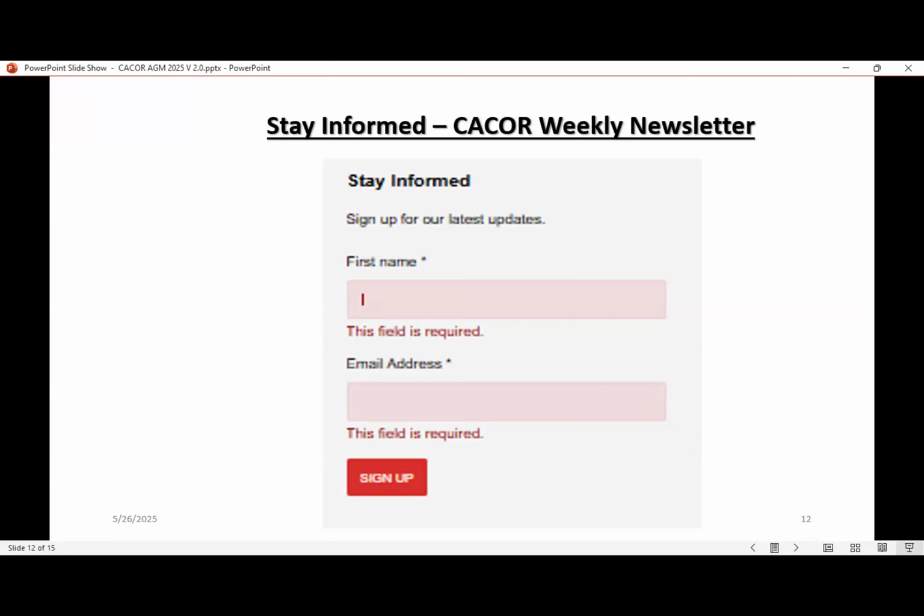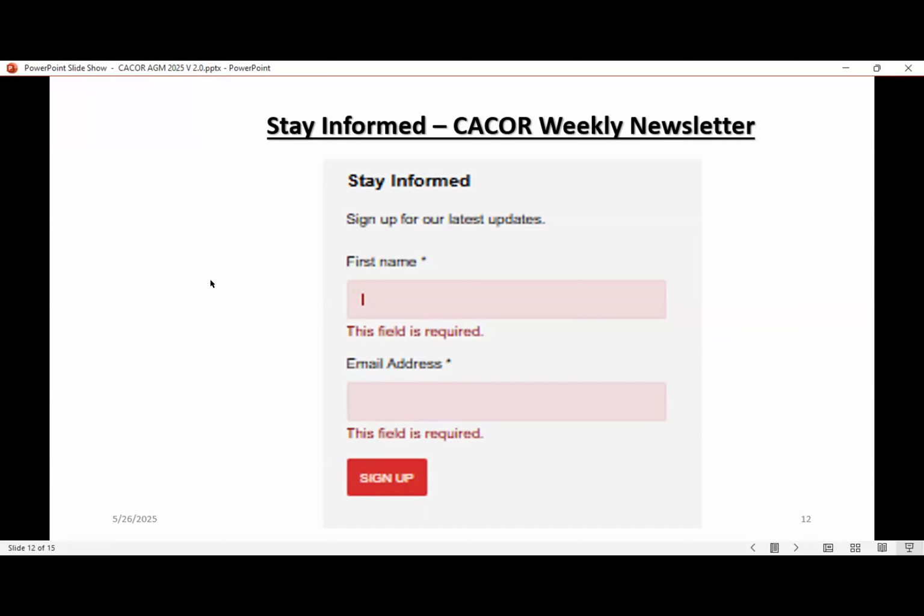It just wants your first name and your email address, and you click sign up, and that goes into the database, and from there on in, you're going to get one email a week at 5 o'clock on Saturday,